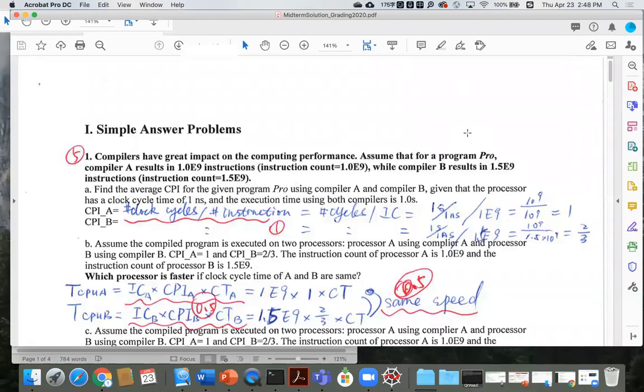Hello everyone, in this video I will go through the midterm solution. I already posted the midterm solution in the Blackboard folder, the same folder you submit your midterm exam, so you could print it out before you watch this video. I would like to emphasize it's really important for you to fully understand the solution for the midterm,